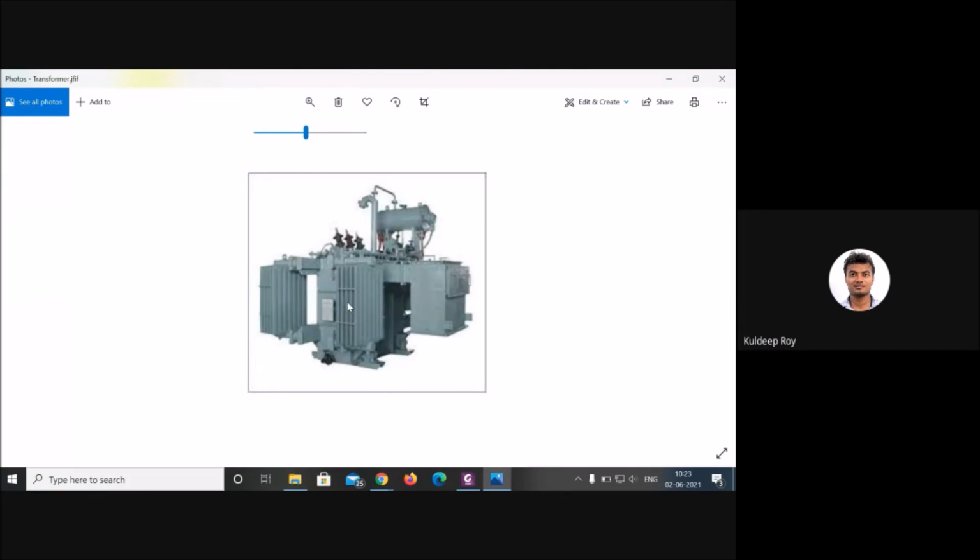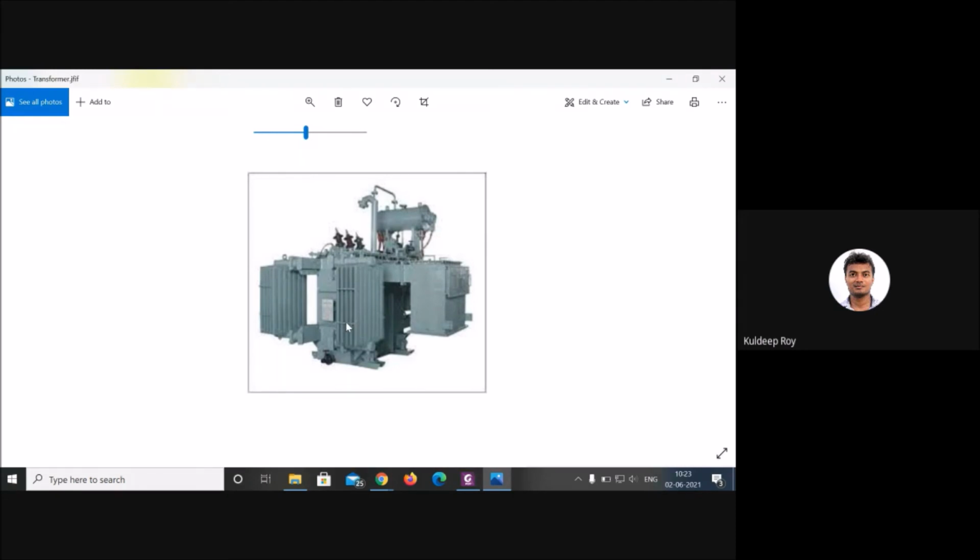What will happen due to the density difference? Due to the density difference, or if the wind is blowing, it is okay. Otherwise, due to natural convection, the particular region which gets heated will have lower density. Due to the density difference, the hot air will move in the upward direction, and fresh air will come here.